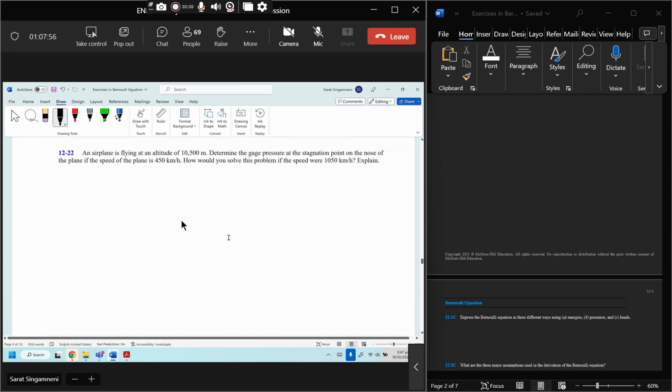An airplane is flying at an altitude 10,500 meters. Determine the gauge pressure at the stagnation point on the nose of the plane if the speed of the plane is 450 kilometers per hour. How would you solve this problem if the speed were 1050 kilometer per hour? And explain. Okay, so what is given is, let's say, an airplane